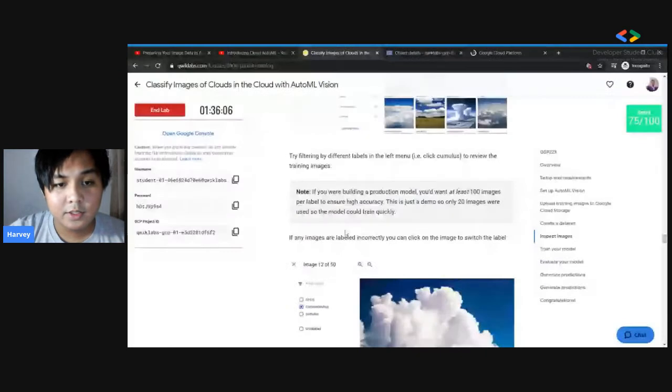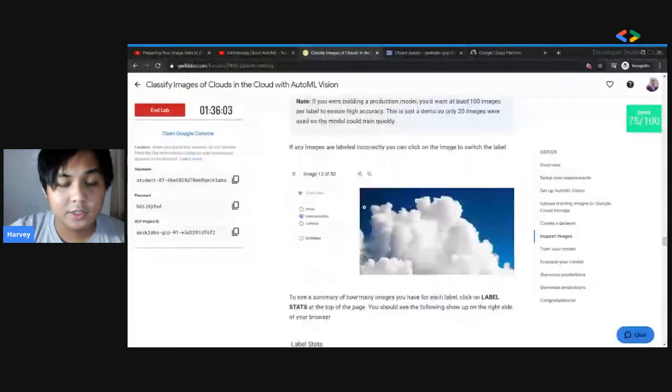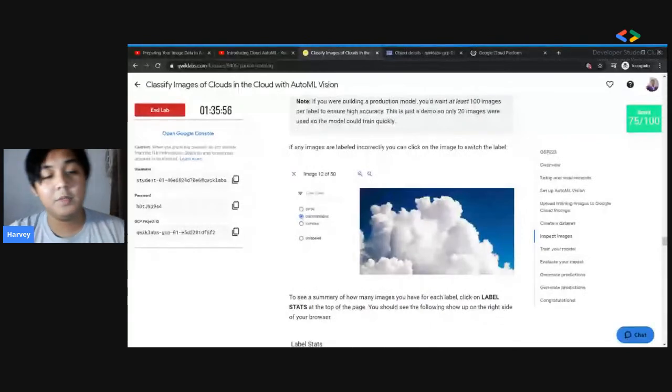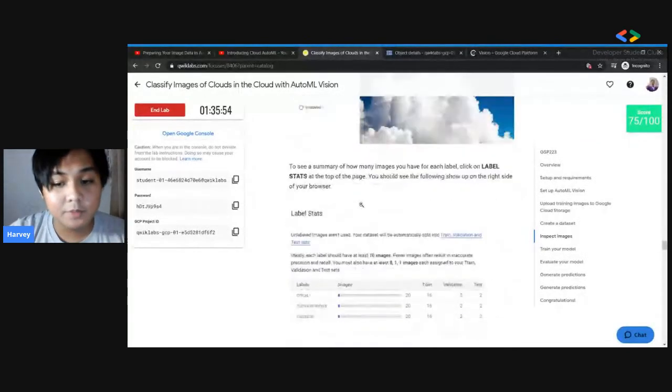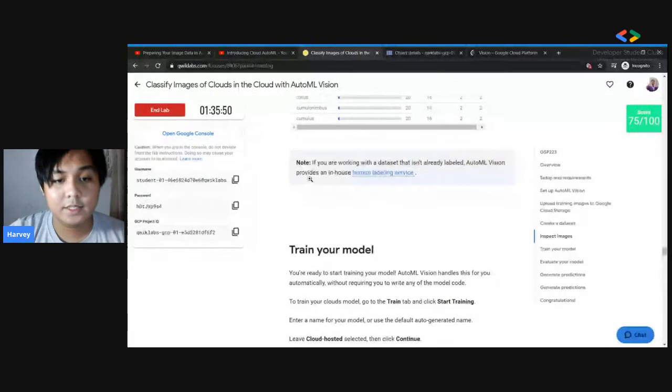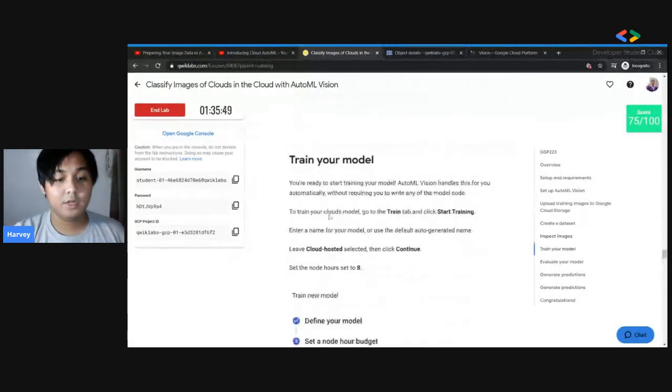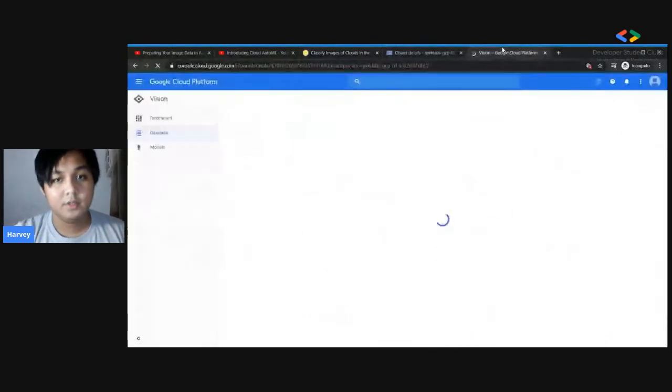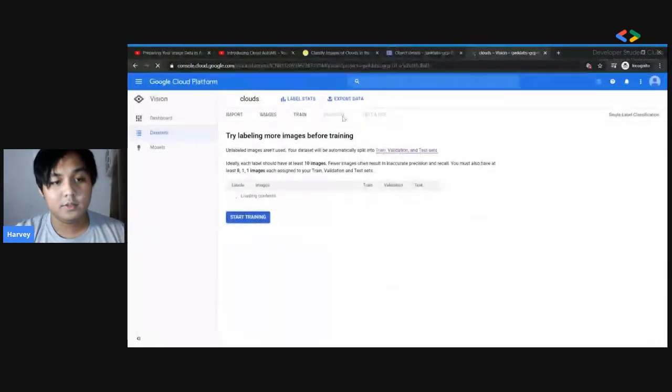You can see the images, and you can switch some things if the images are incorrectly labeled, and you would see the stats, and now you can just click train your model afterwards. So yeah,